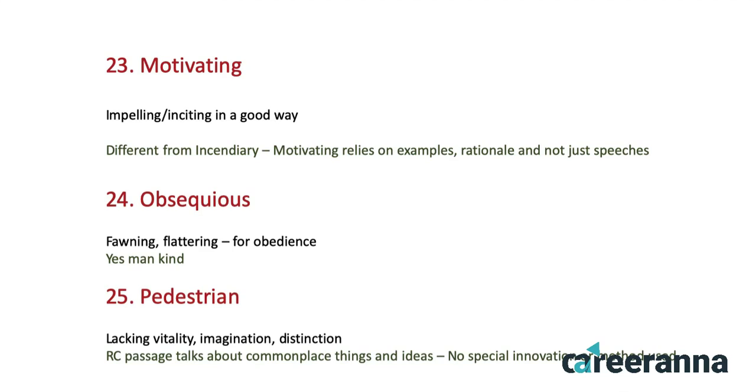The 24th one here, it's basically when I am trying to be a yes man for someone. So for example, the passage is talking about, say, politicians and their yes man, or say the author is portraying himself as a yes man for a politician or a person who is at a higher position. Then my tone is obsequious. Now here again I am talking about where I am trying to flatter someone by being over obedient. That's where this is going to be my answer. And even if this is my answer, this is going to happen in very rare cases for the passages which I'm going to get in the examination.